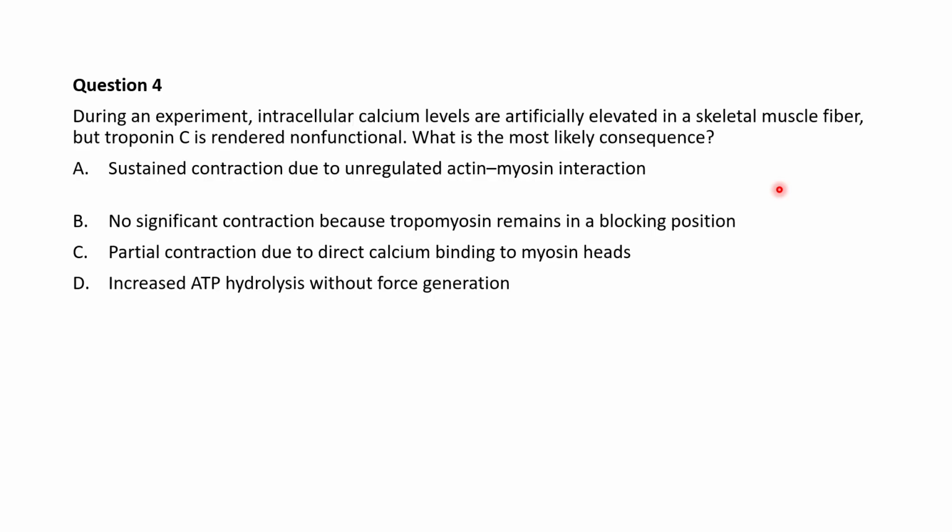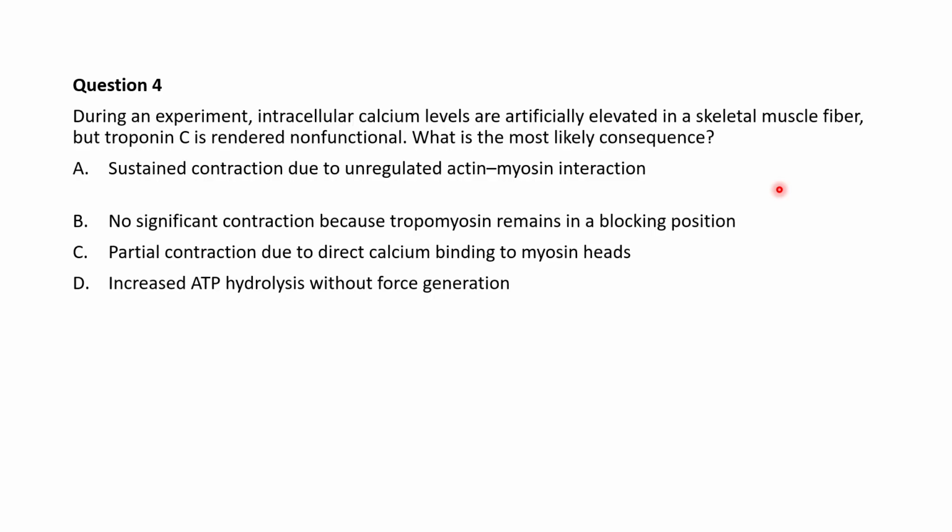So troponin C, as we had discussed a little earlier, is a calcium binding subunit, right? That is important for initiating contraction because it shifts tropomyosin away from the myosin binding head site on actin. And that's because essentially calcium binds to troponin C, and that triggers conformational changes that allow it to shift tropomyosin away. Now,